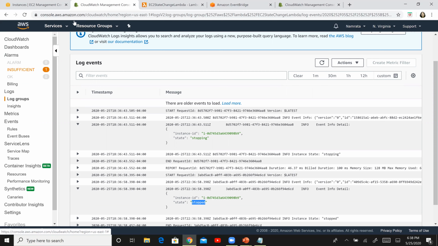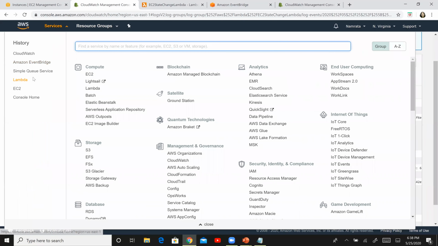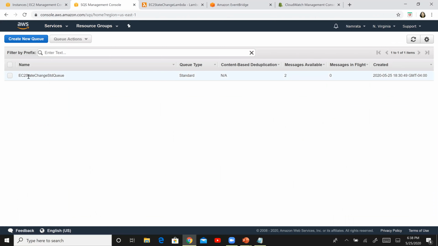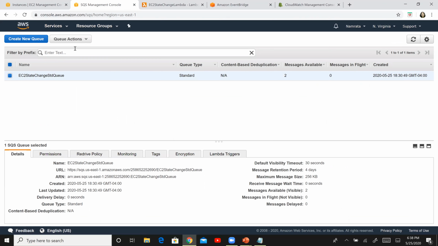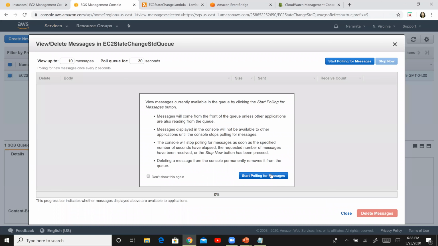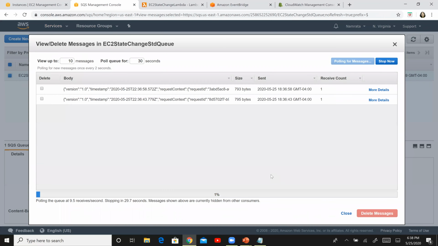Okay, now we should have a similar message in our SQS queue as well. So this is our queue. So select your queue and click on view and delete messages, and click on start polling for messages.